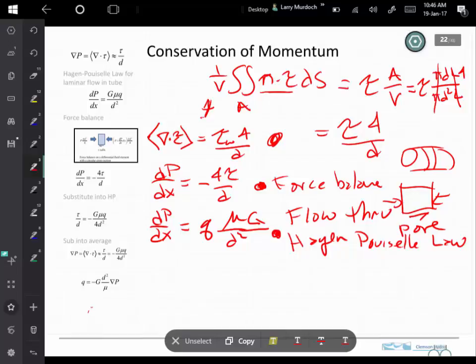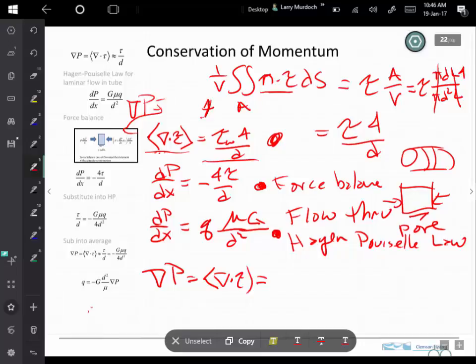So the place where we started from, on the previous page, we had that the pressure gradient equals that thing. All right, so what I'm going to do is write this all out, and we should get our result. So the pressure gradient equals this averaged divergence of the stress,